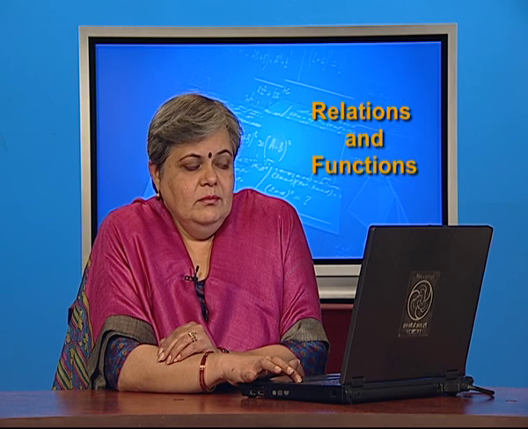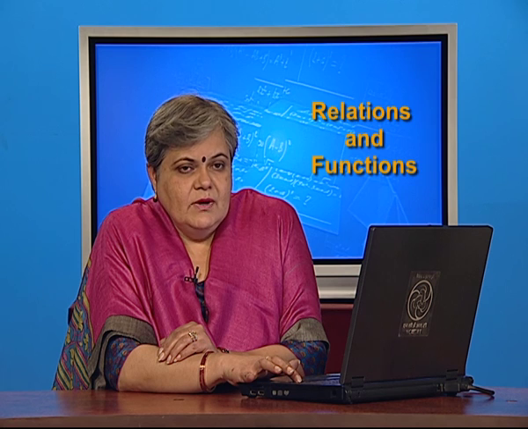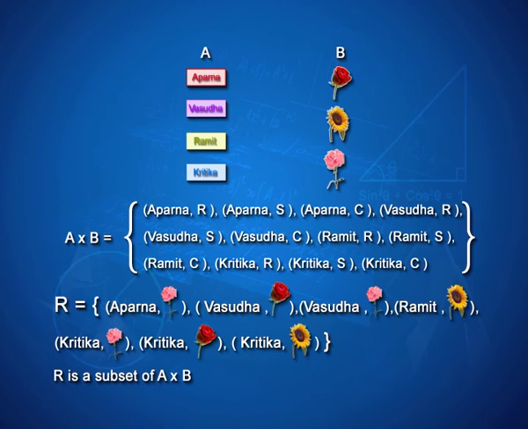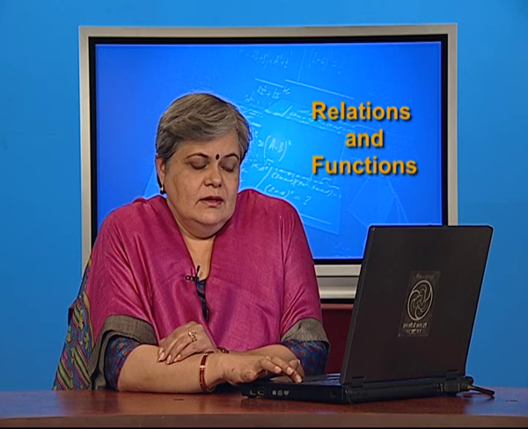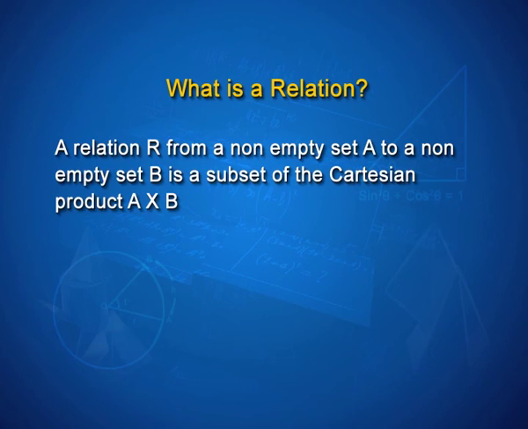At the same time, 4 of them may not like any of these flowers. So, R, that is the relation, could be an empty set,